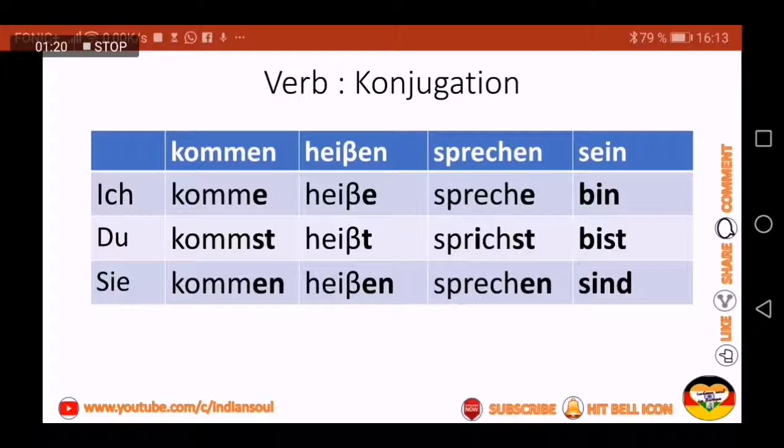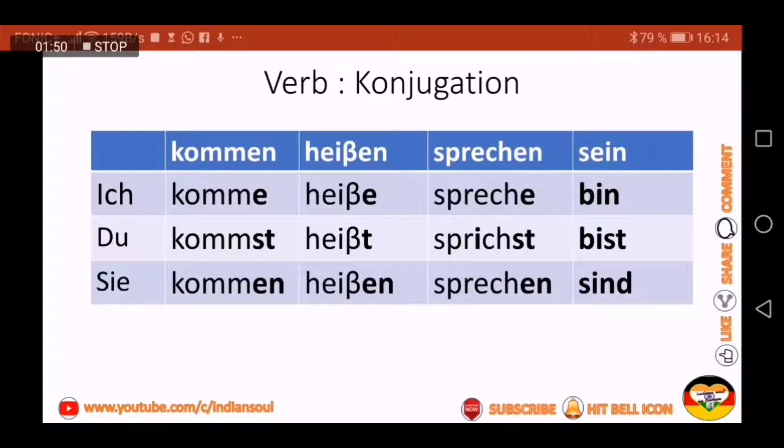And then you see here, sprechen is not a normal verb. It changes a bit. So not only the tail changes, but with du, in place of the e, you add i. So ich spreche, du sprichst, sie sprechen.